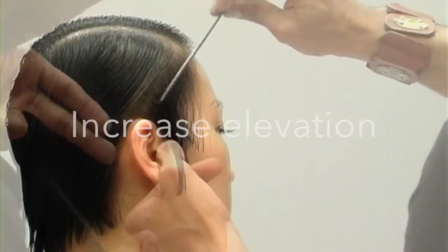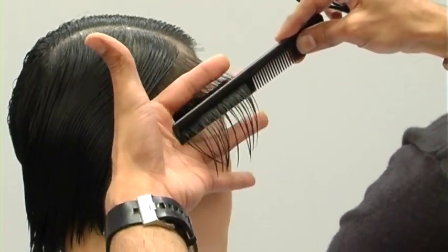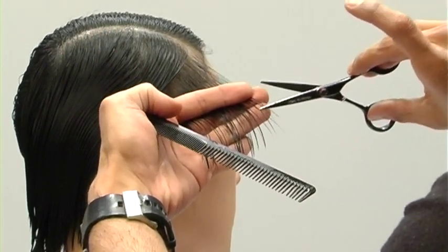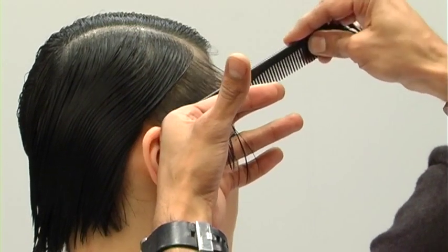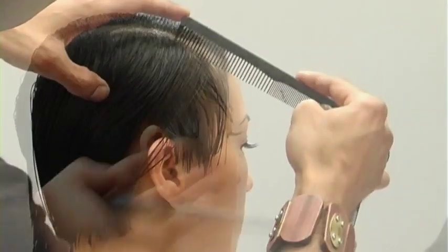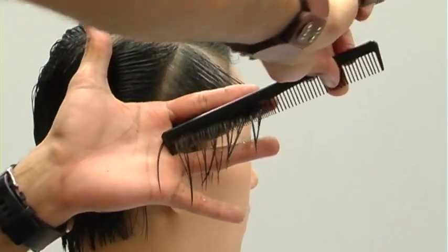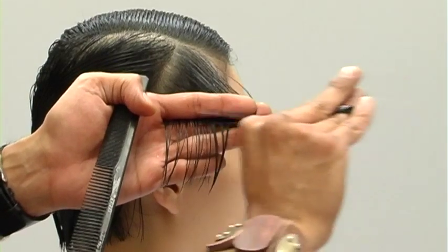The next progressive section again is diagonal. I increase my elevation with each section. I'm over directing the hair consistently forward and just working off a clean guideline, making sure you can always see your guideline, making sure that it's super clear and clean. My next diagonal section, again, increase elevation, and remember, at the parietal area, that's where we intend